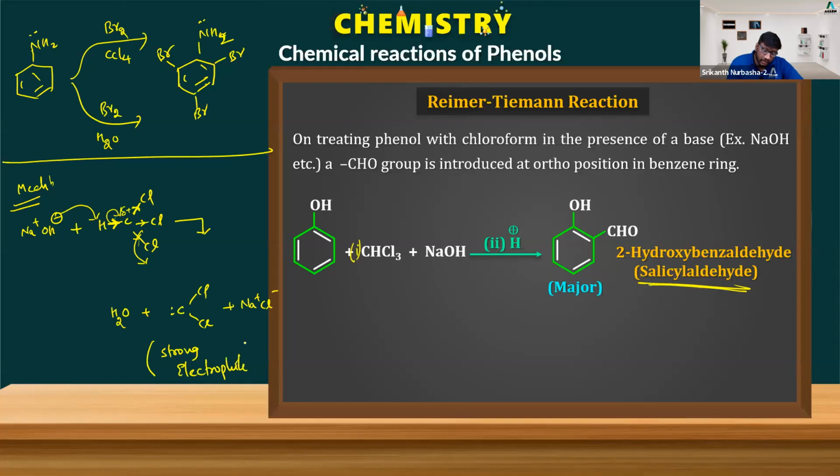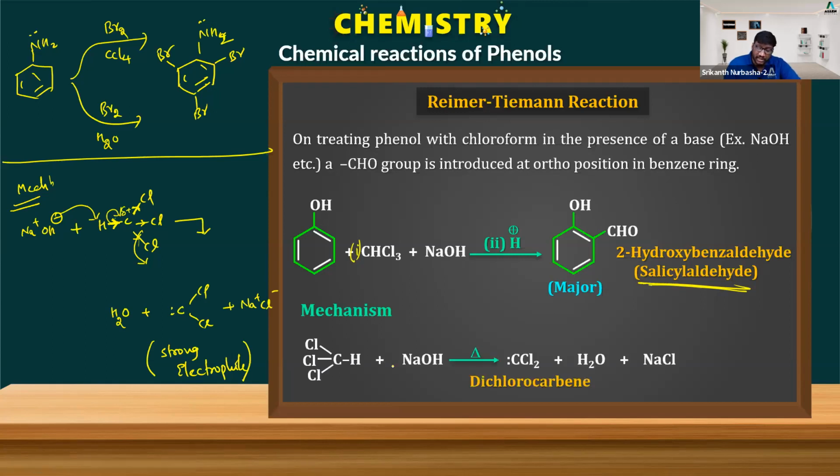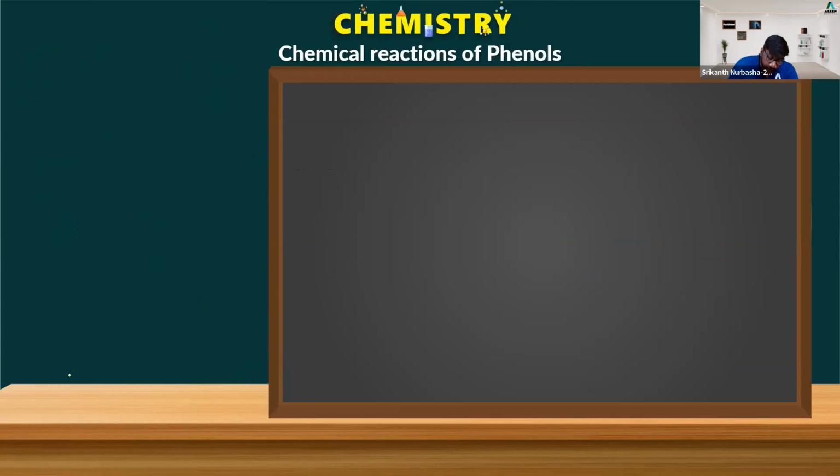Strong electrophile. This CCl2 is going to be a strong electrophile that will be reacting with phenol. Now the reaction proceeds in this manner. CHCl3 plus NaOH upon heating forms CCl2 plus H2O plus NaCl. The CCl2, because it has only 6 electrons around the carbon, has a tendency to accept electrons, so it is a strong electrophile. So phenol